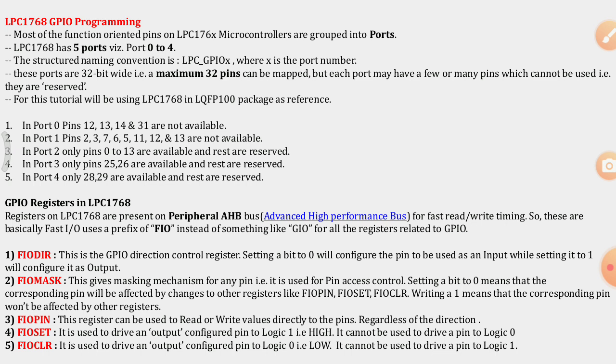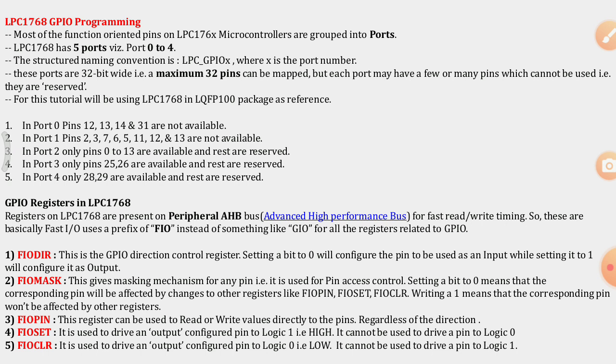These are basically fast input-output registers which use the prefix FIO, fast input output, instead of something like GPIO, general purpose input output. So for all the registers related to GPIO, that is why FIO is written here, fast input output, because it is present on the advanced high performance bus.